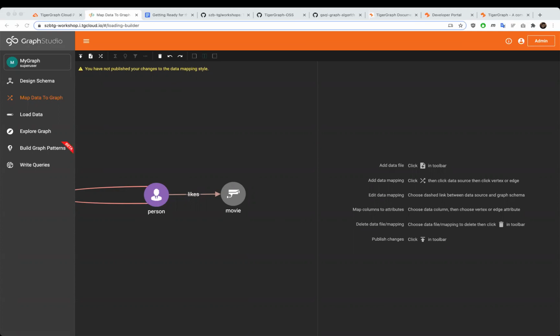What you can see on the screen is your schema. And we need to specify now one or more data sources and then the data mapping. Let's start with defining data sources first. I'm going to use 3 CSV files that I mentioned at the beginning. You don't have to do this exercise, but if you want, you can download these files from the GitHub link that I shared in the chat window and follow me.